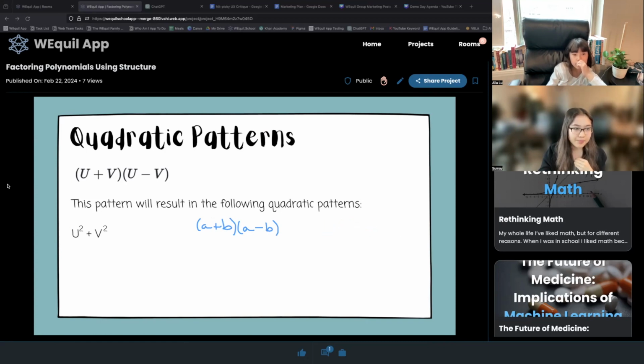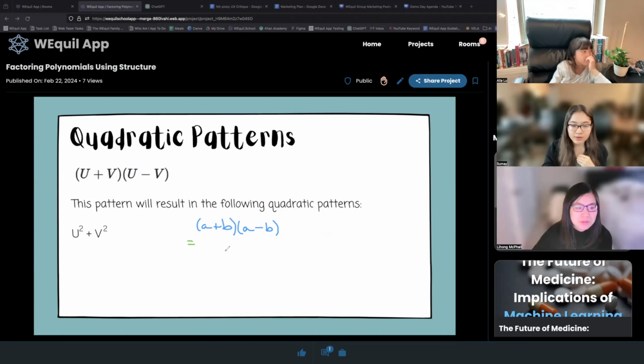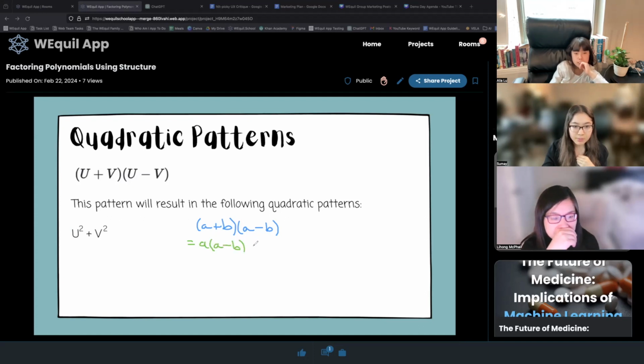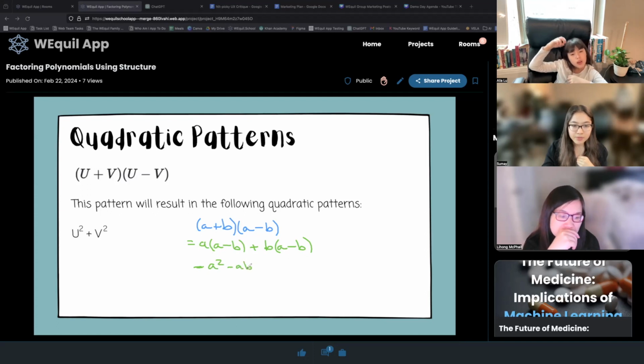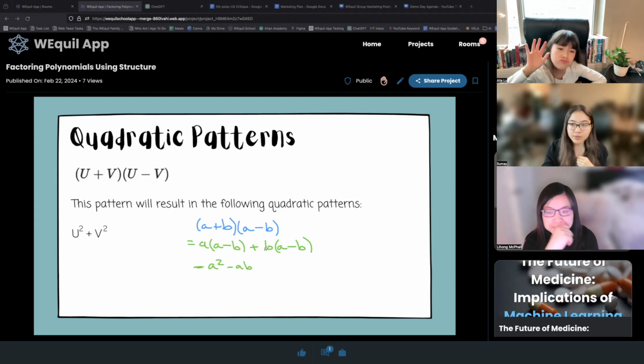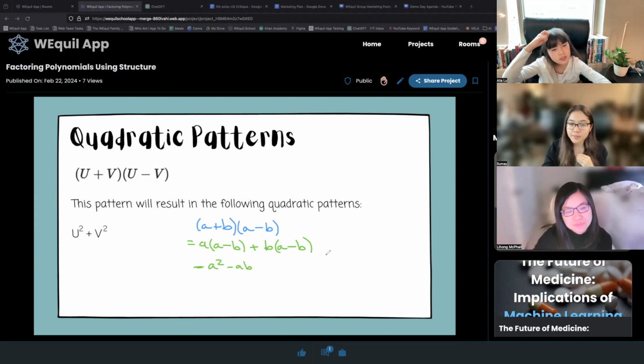Okay. And so now if we take this and we have A times (A minus B) plus B times (A minus B), then we would get, okay, so A times A is A squared. A times minus B is minus AB. Plus, yeah? But wouldn't that